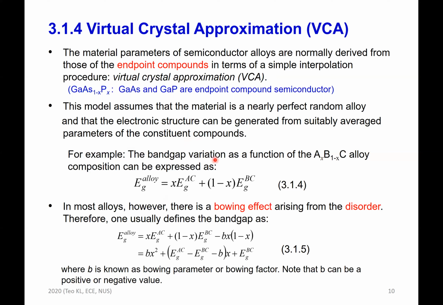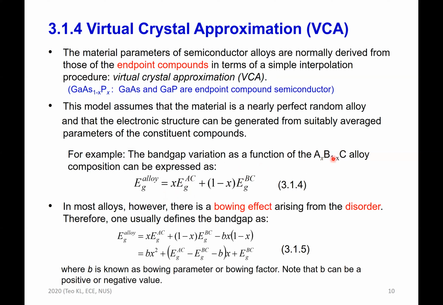So the band gap of the alloy A B_x C_(1-x) is x times the band gap of AB plus 1 minus x times that of AC. For gallium arsenide phosphide, it's x times the band gap of gallium phosphide